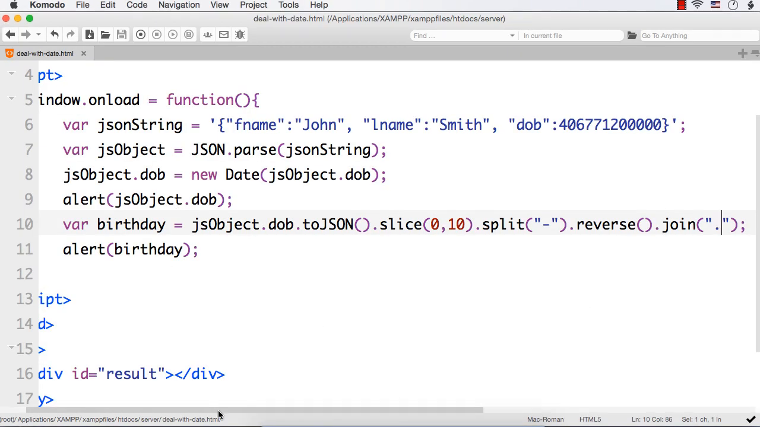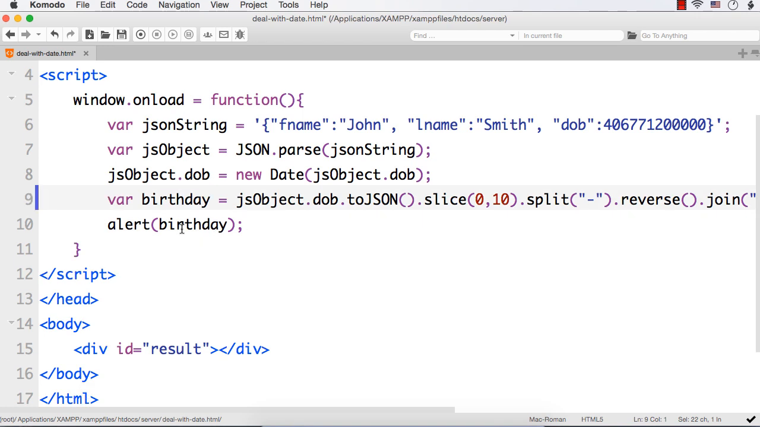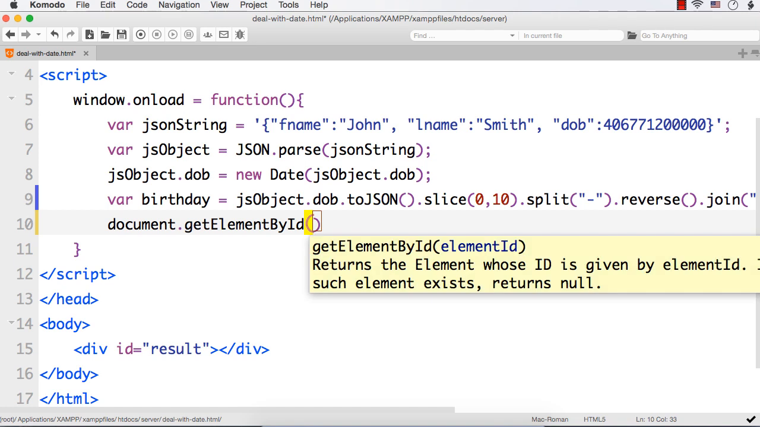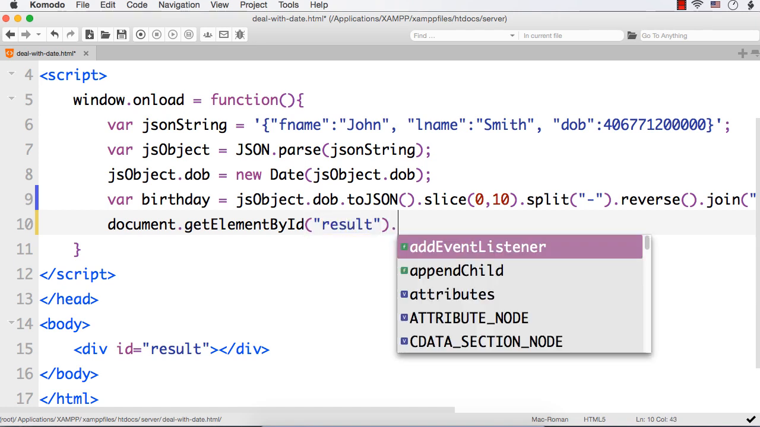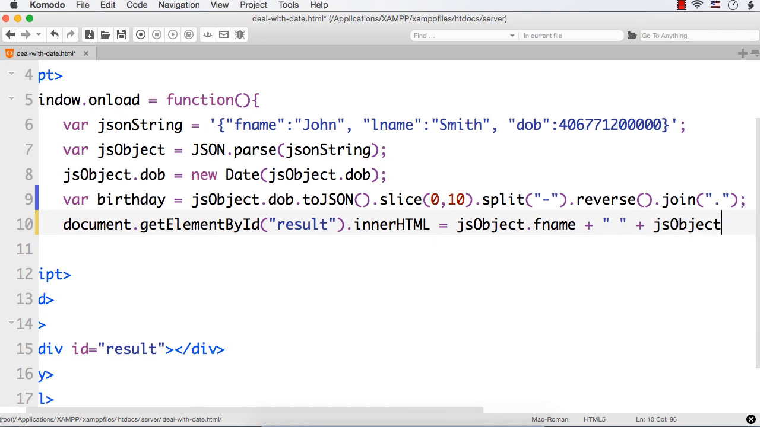22.11.1982. Now what I want, let me try to display. Before that, let me remove these two alerts. Okay. So let me specify document.getElementById. What is the ID we have specified for the div element? It is result.innerHTML equals, I want to get JS object.fname plus space plus JS object